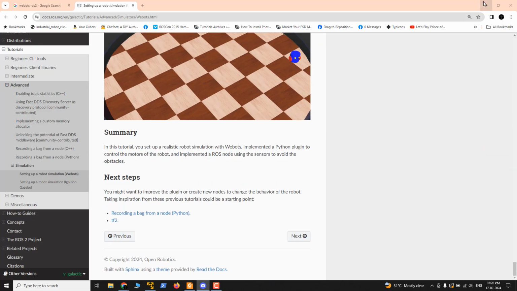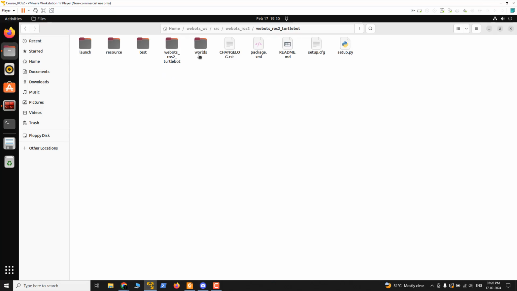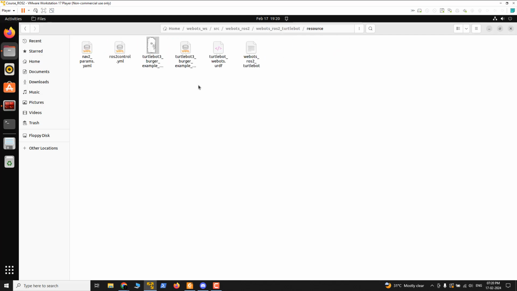Okay, so in the Turtlebot example, you can see this is the package that they have created based on the instruction. So this is the launch file that we are starting. We can see each and everything. On the resource folder, we can see